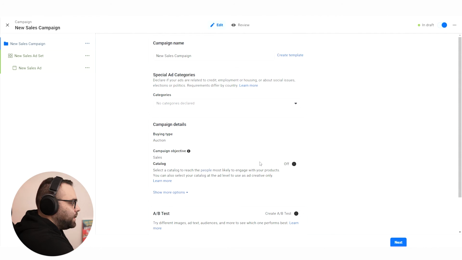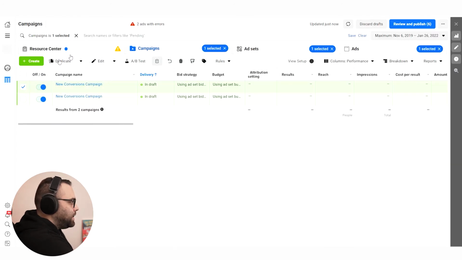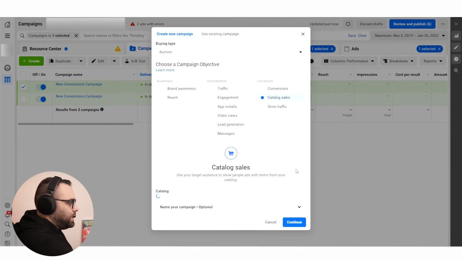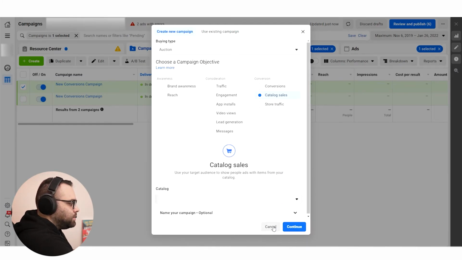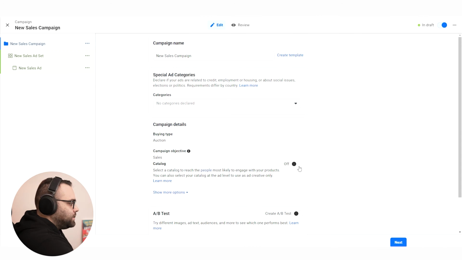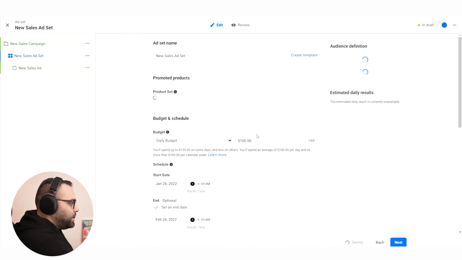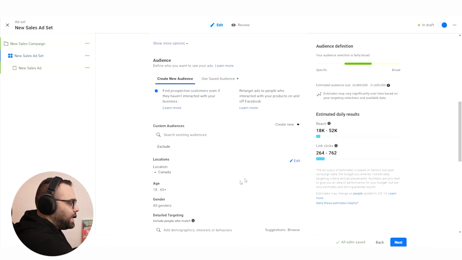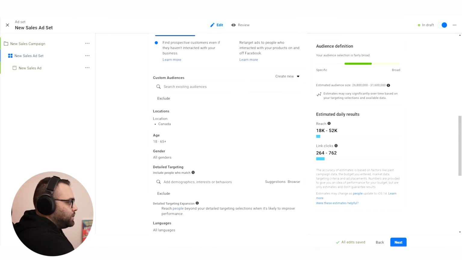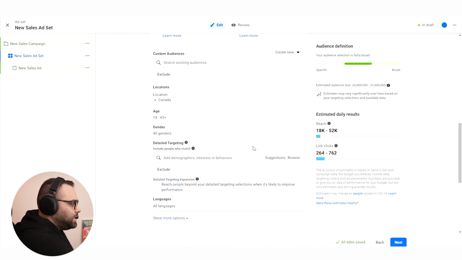So now, how can you do this to be a DPA catalog campaign, okay? In that case, you can just click create and click catalog sales. You are picking your catalog and it's working. In that case, you will just have to click here, okay? And open it, pick the catalog that you want, CBO campaign, and now you're having actually the interface of the DPA catalog campaign. So here you can work the same way that you were always working with your DPA. So the only thing that's changing is how you're going to say if it's a conversion or a DPA catalog.